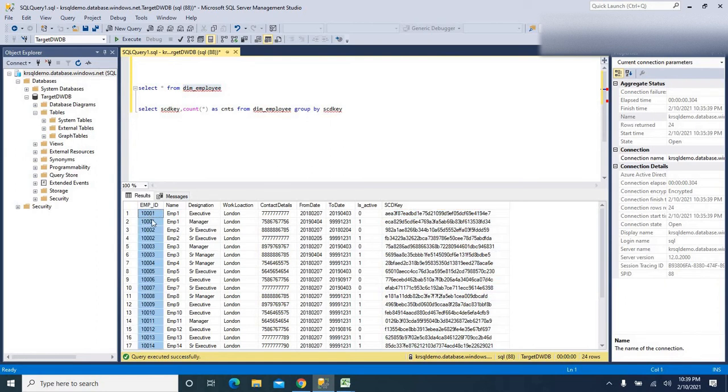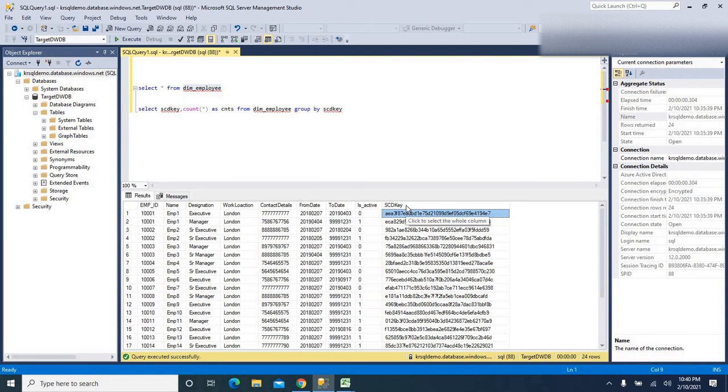If you look at the grain, the least granular level in this table, generally it is employee ID. But you can see there are duplicates in the employee ID column, because I am maintaining history in this table, so there is no single field that gives unique records. To maintain that uniqueness, I created this SCD key with a combination of employee ID and from and to dates. If you observe these two records, the employee ID is the same but the SCD keys are different. This grain is created with the combination of three columns: employee ID, from date and to date.